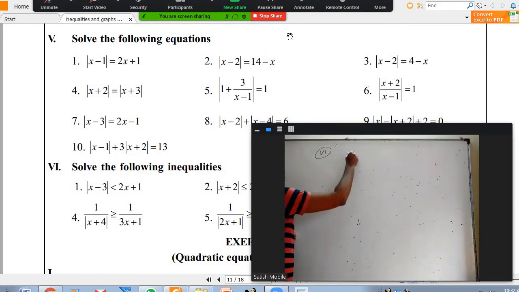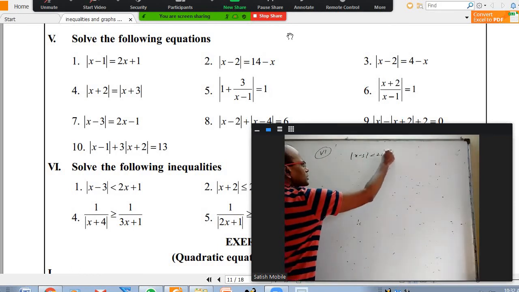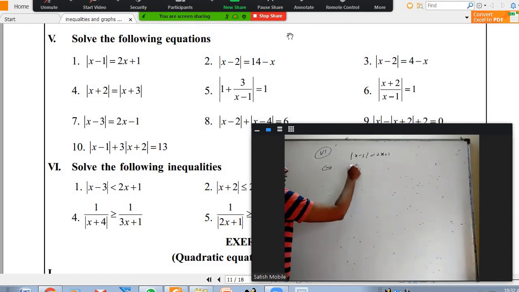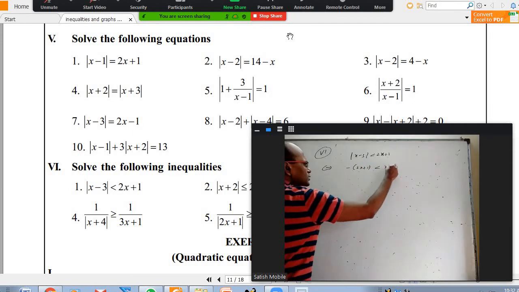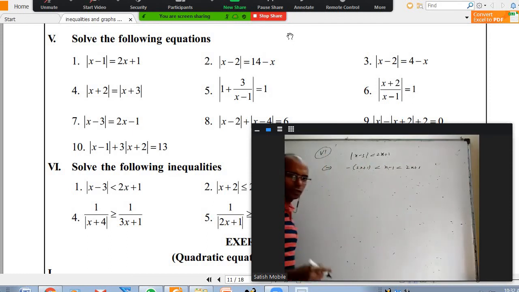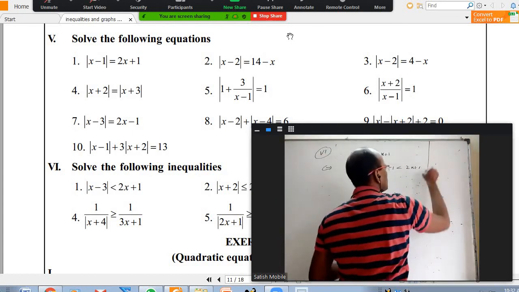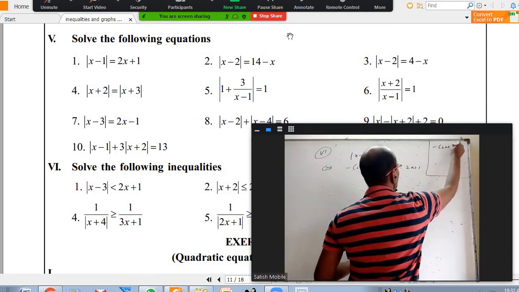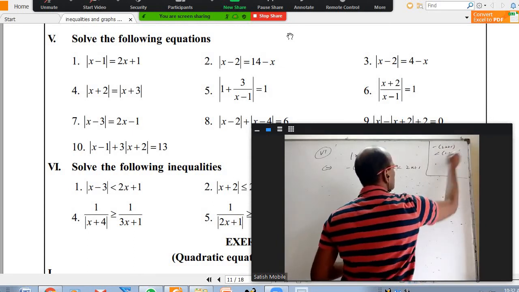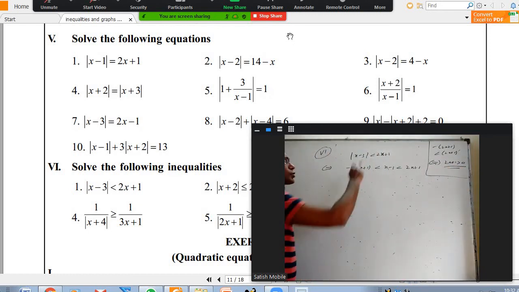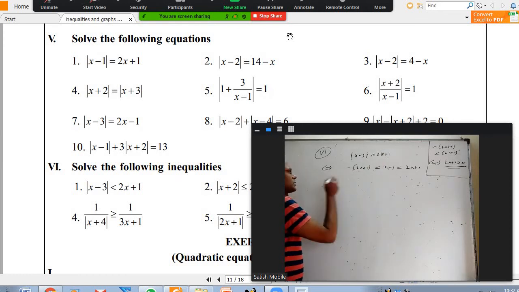Okay, so mod x minus 3 less than 2x plus 1. The double implication lets me write minus of (2x plus 1) less than x minus 3 less than 2x plus 1, with the proper understanding that this is less than this. On the side: minus (2x plus 1) less than 2x plus 1 implies 2x plus 1 is greater than 0. We are well aware that it should be positive, and that is already there.